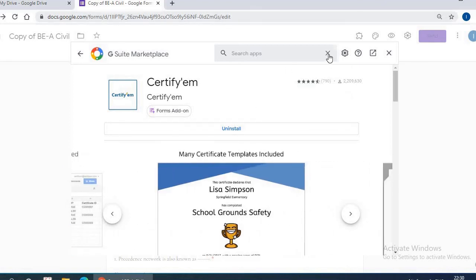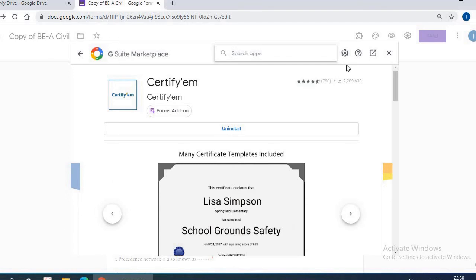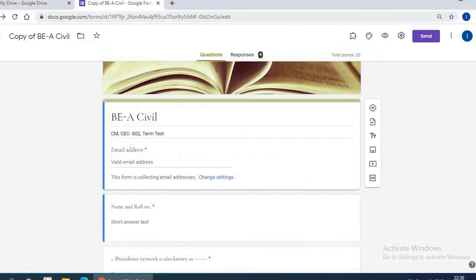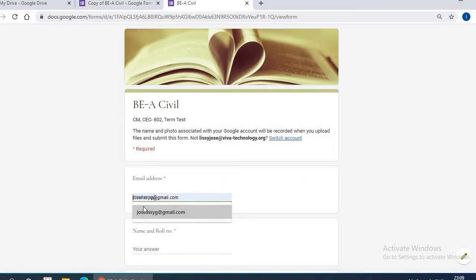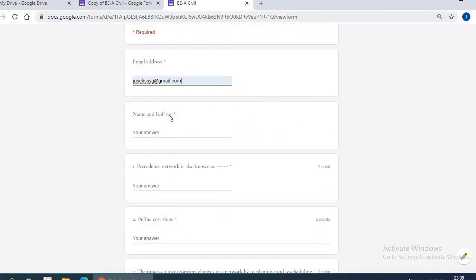Now we will come out of this window. This is my personal email. Name and roll number as you want it to appear in the certificate.